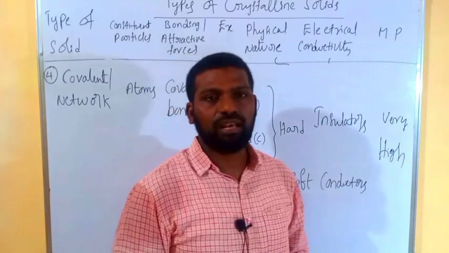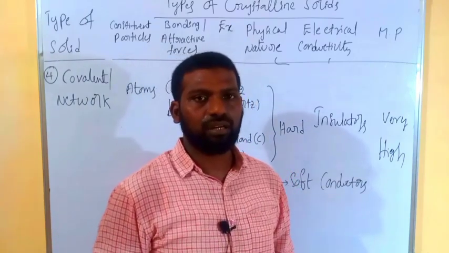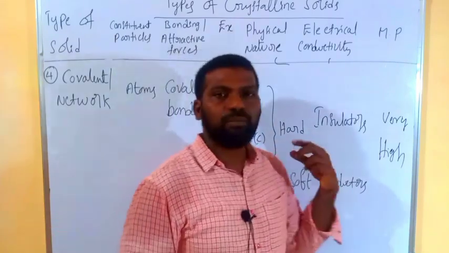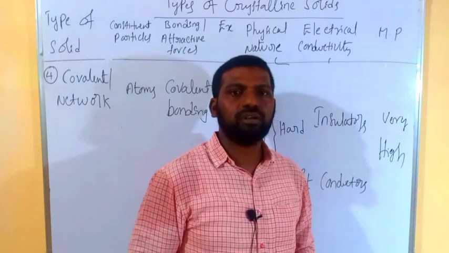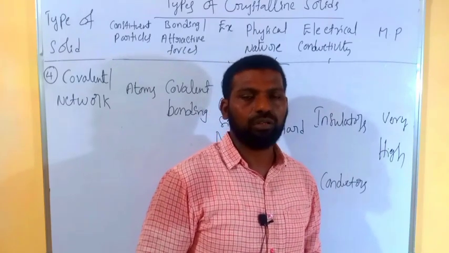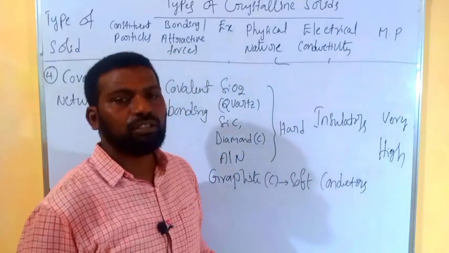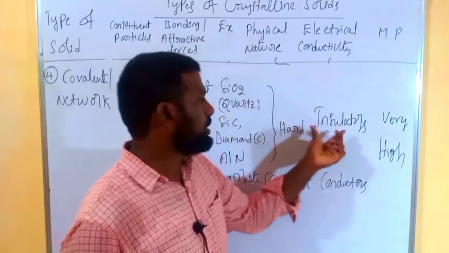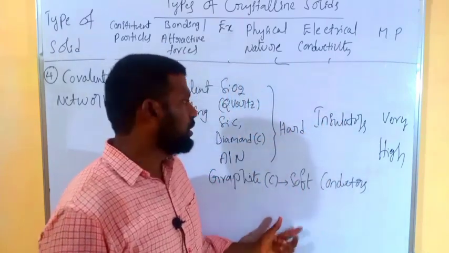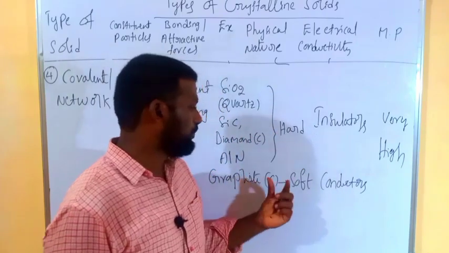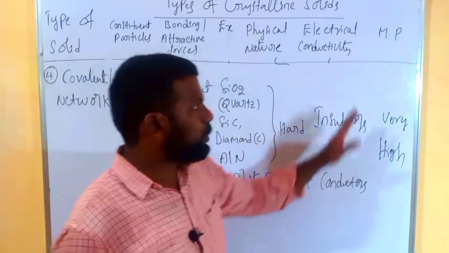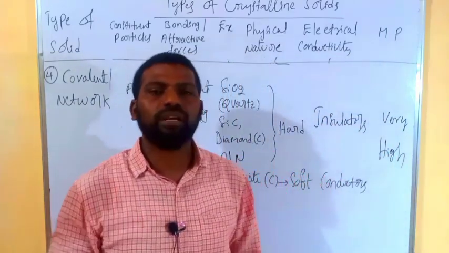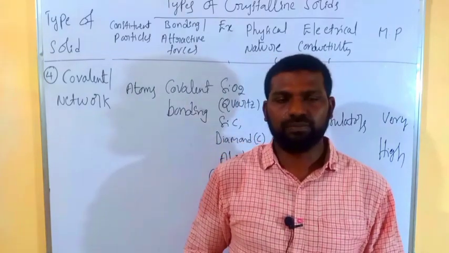There is a question in 11th class: why is diamond a bad conductor or insulator, whereas graphite is a good conductor? There you have stated diamond is a bad conductor or insulator because it doesn't have any free electron, whereas graphite has a huge number of free electrons, so it is a good conductor. So these are usually insulators except graphite. Most of them are very hard except graphite. Graphite is soft. What about melting points? Melting points are very high in comparison with all remaining types of crystalline solids.